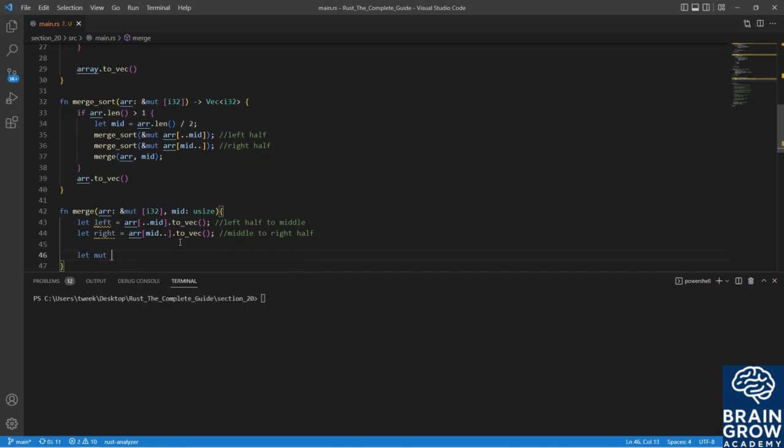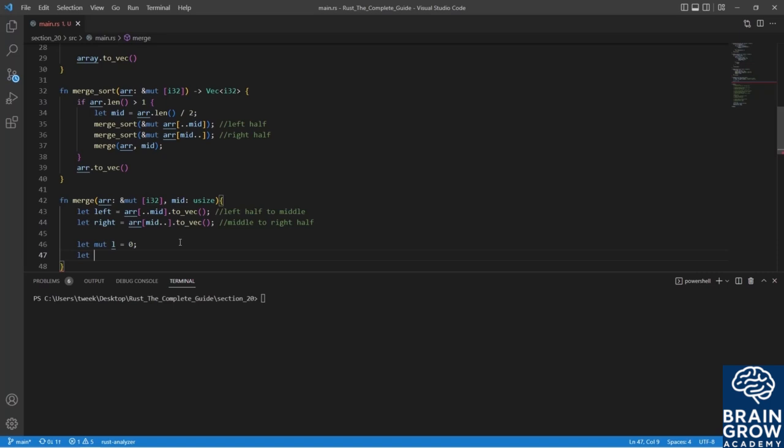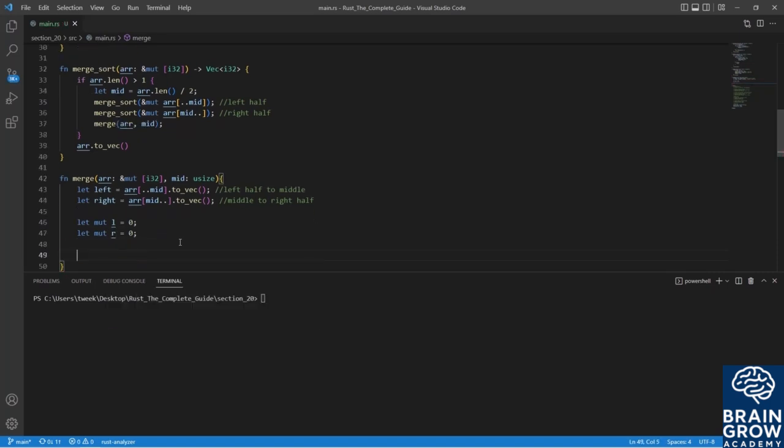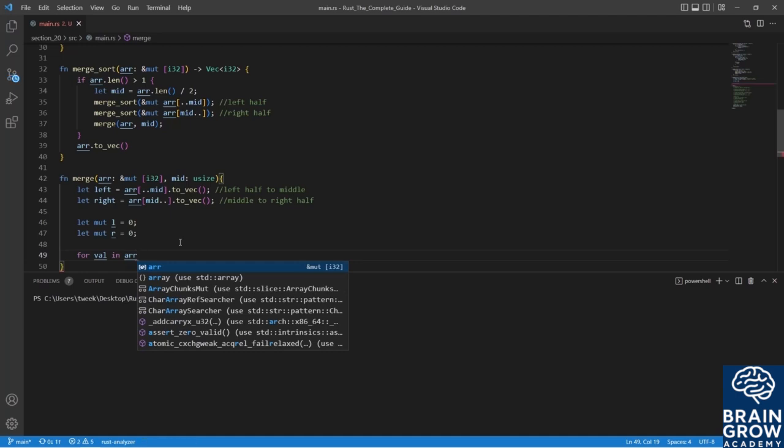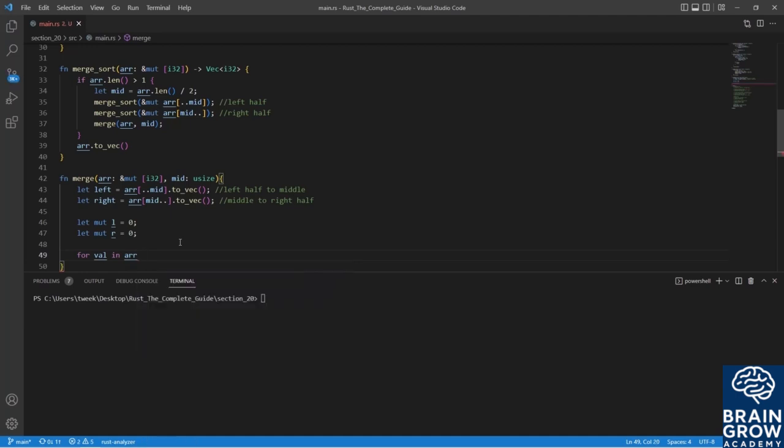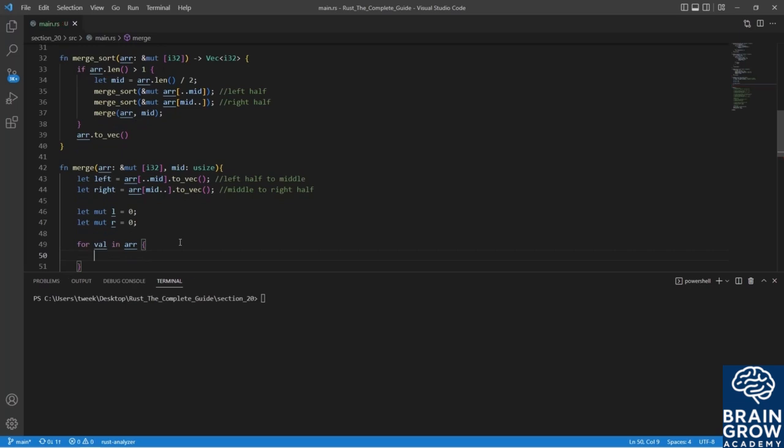And then we're going to create two variables here called L for left and R for right. And these are going to be pretty important for us, so we'll see what they're going to do in a second. So now we're going to have a for loop. This way we can begin merging our elements back in the sorted order. So we have, for each value in the array,